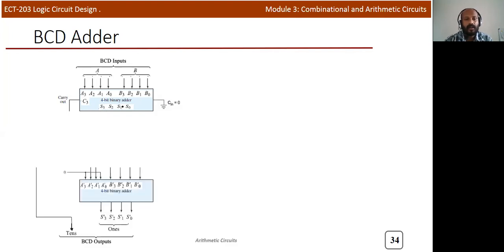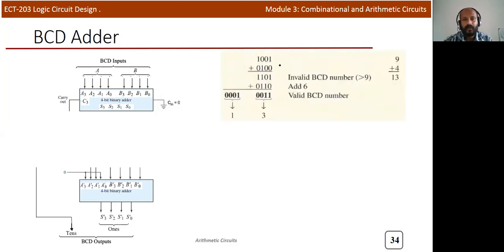Now we can consider another parallel adder, again a 4-bit parallel adder, because in order to perform BCD addition, we need to perform addition 2 times. That's why we need 2 adders, and we can verify the circuit. For example, we can consider 9 plus 4. Assume one input is applied to A, so 1, 0, 0, 1. Another input is B, 0, 1, 0, 0. After addition, your S3, S2, S1, S0 will be 1, 1, 0, 1.